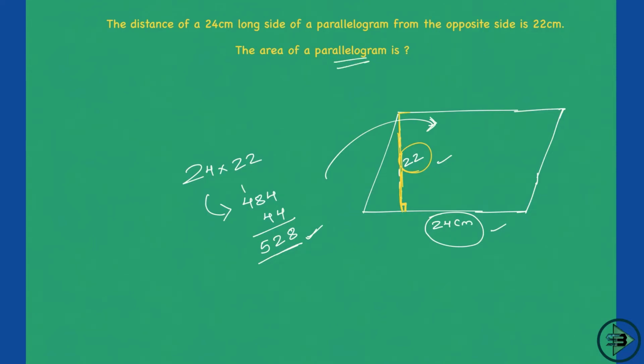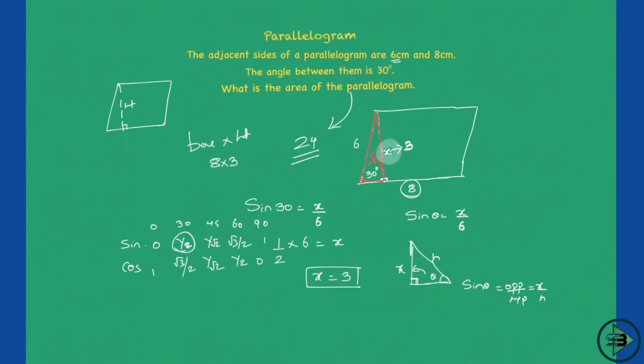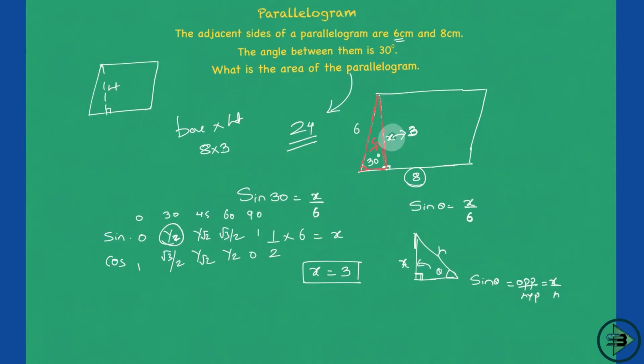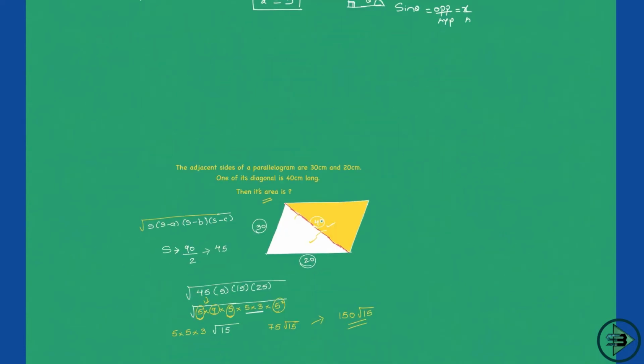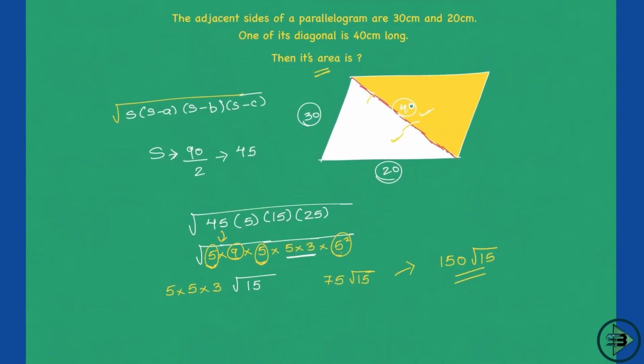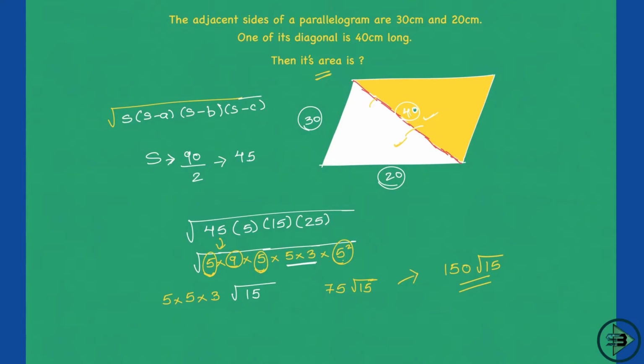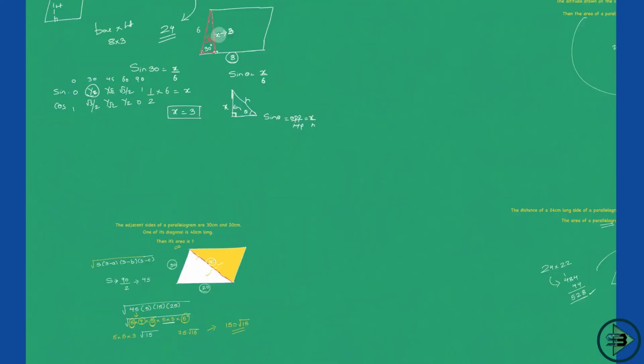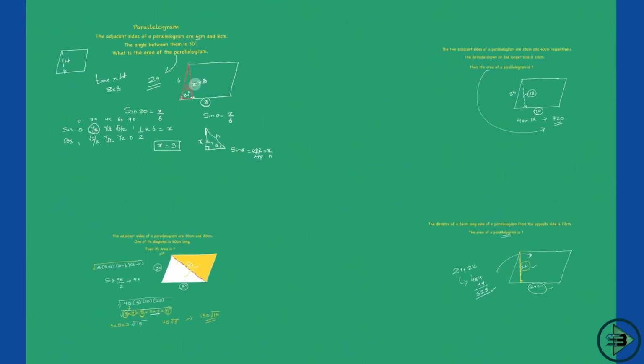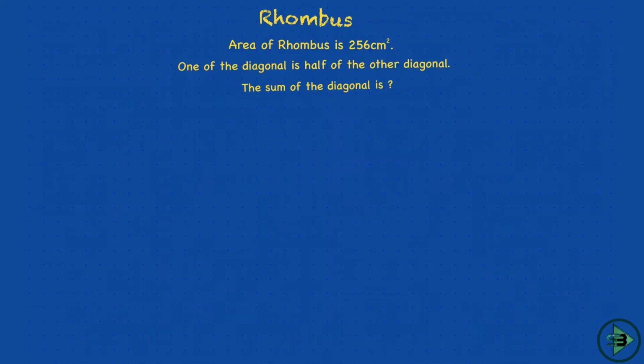So make sure you know the basics related to this, and most of the time you apply the formula of base into height. But in case you don't, you can get a problem where you have to apply some concept of trigonometry to get the height, or one where you just get the area of a triangle. You say that the two triangles' areas will be equal, so find the area of one triangle by Heron's formula, and then you can find the area of the parallelogram. So not always will you get base into height.